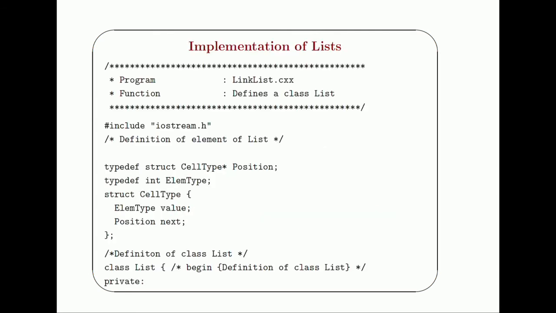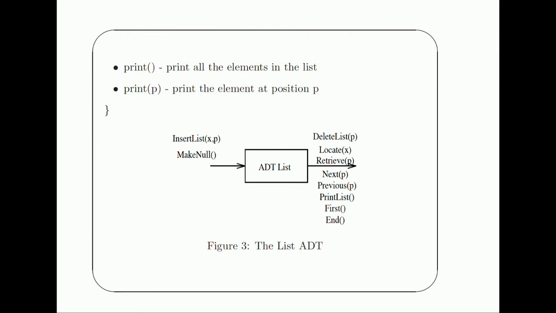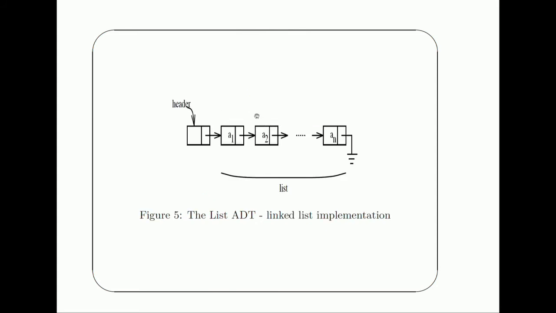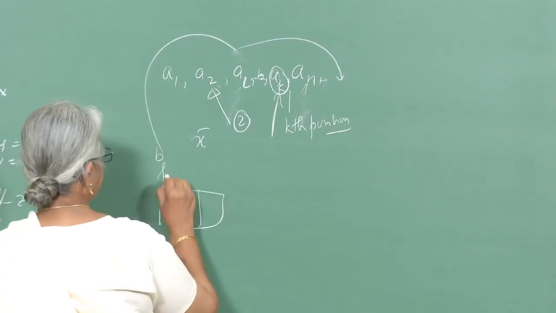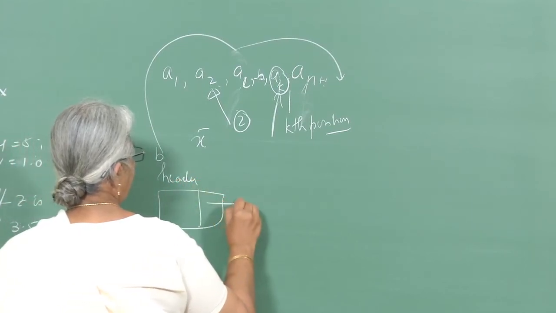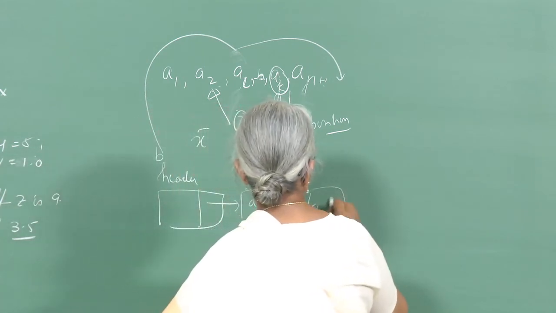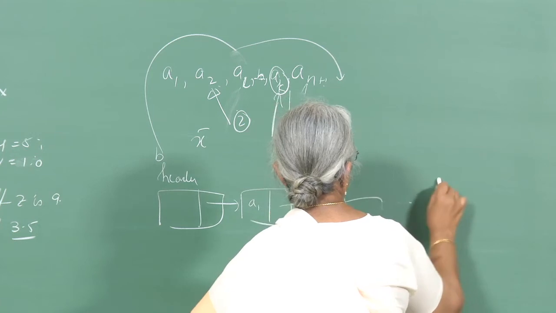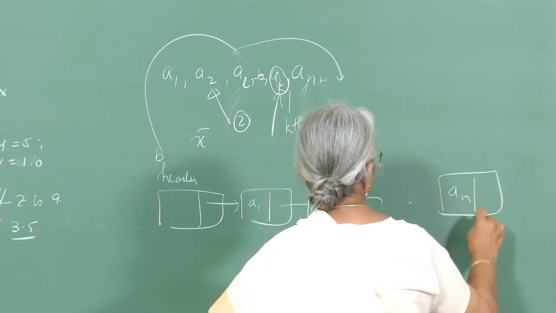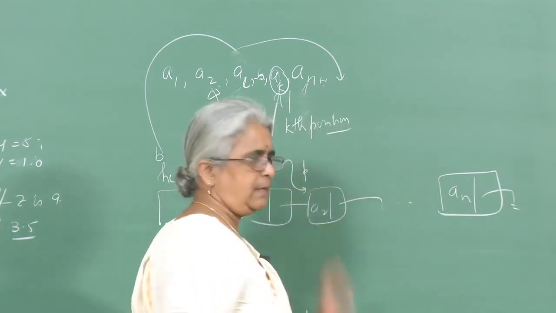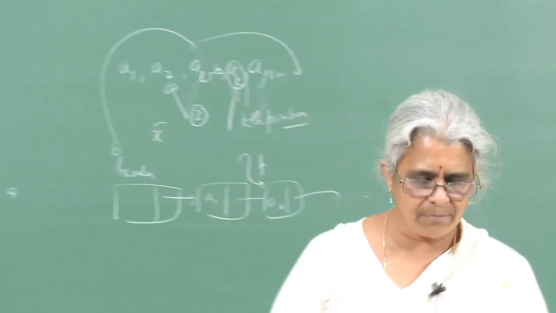So, what I am saying is when you are looking at this position P over here, when I am using an array representation, the position P corresponds to an index in the array, whereas here when I am talking about a position P, let me give a slightly better example. There is a header, and this header let us say points to A1, A2 and so on, and let us say this is AN. Now, here I might have a position P, then P points to a particular element in the list. We will see how both these implementations are done.